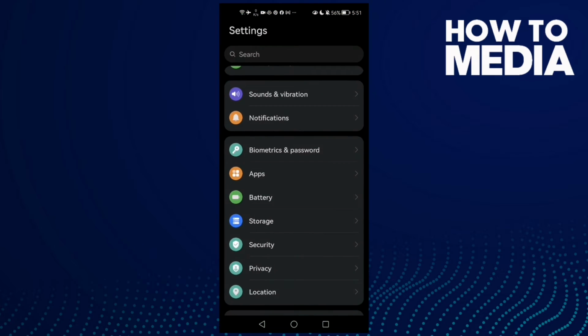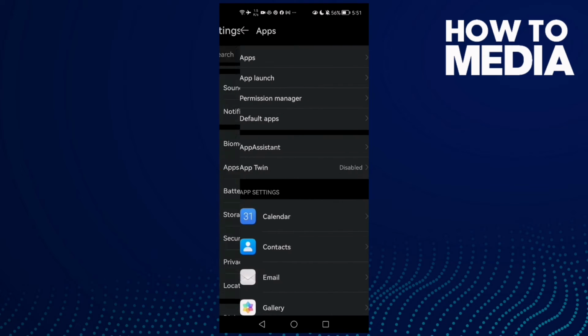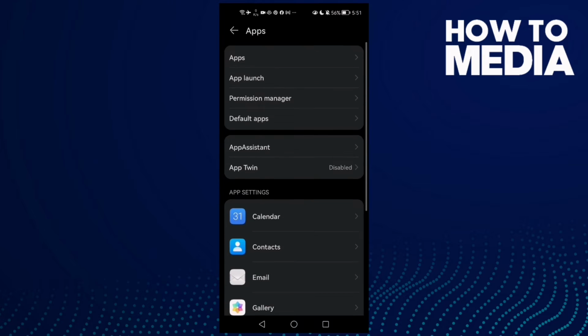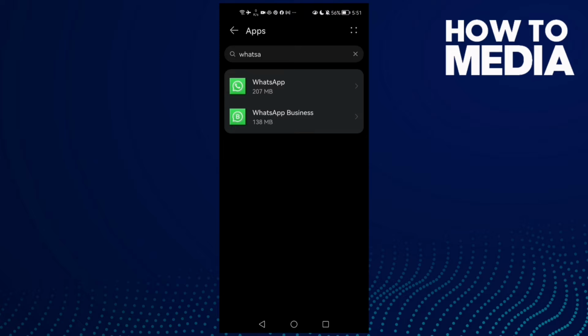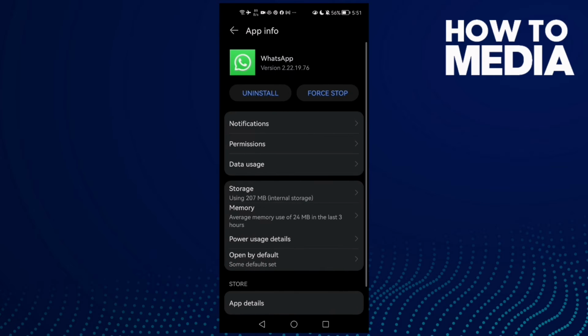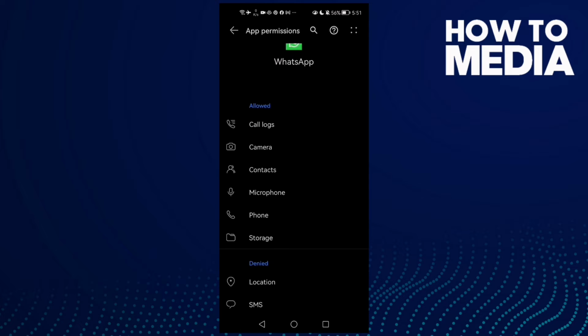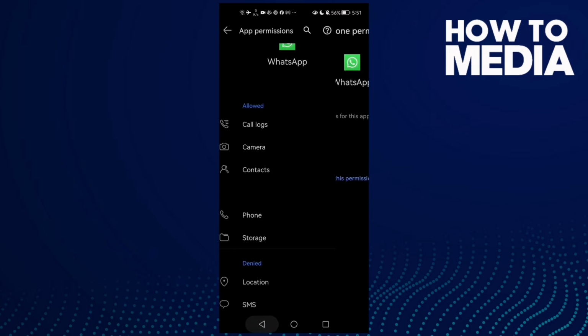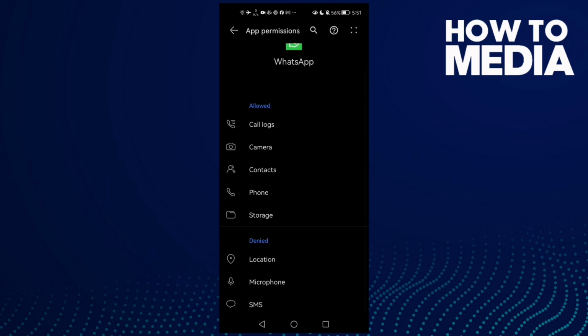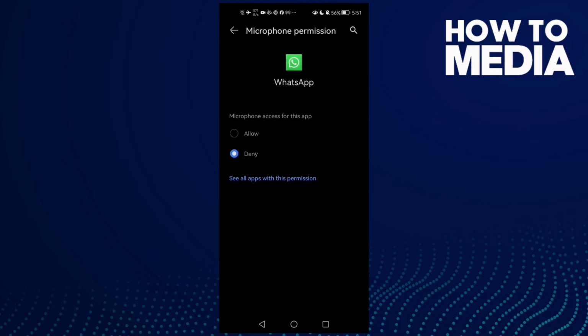First, just go to settings and then apps, and now apps again, and then go to WhatsApp, and then go to permissions, and microphone. You will find it like that. All you need to do just click on it and click allow,